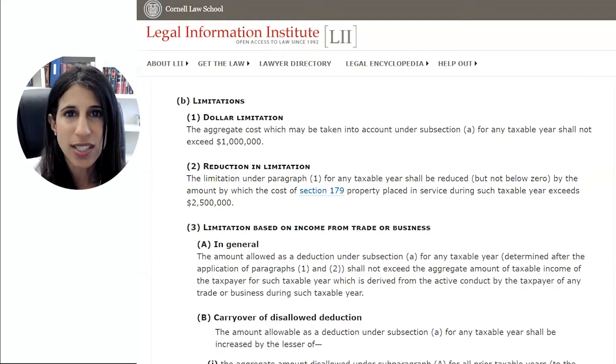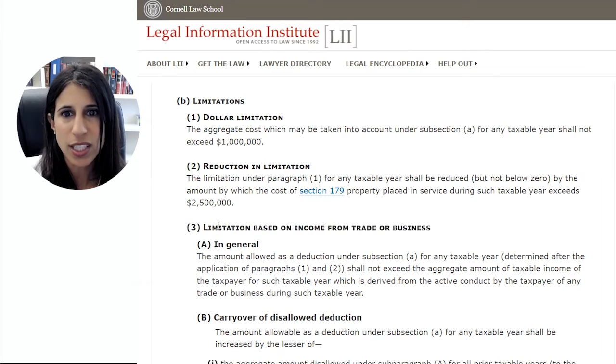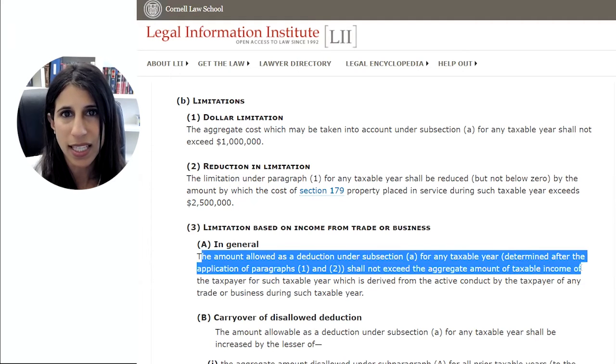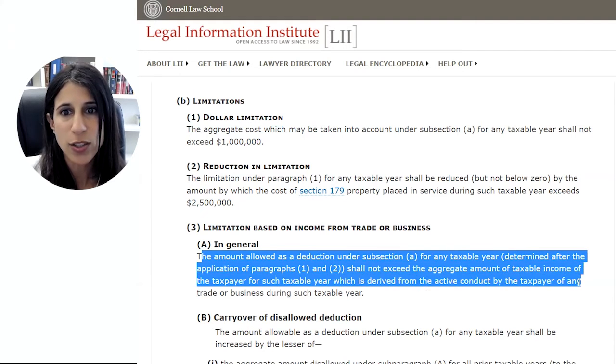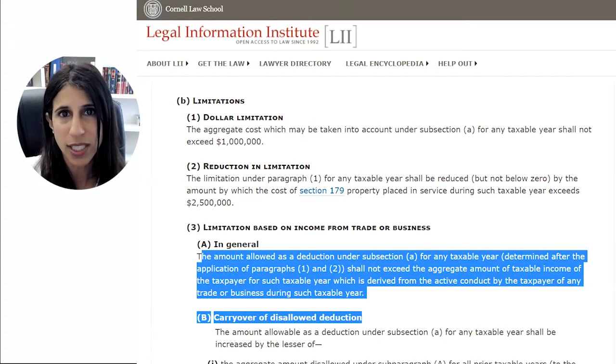Another limitation is a limitation based on income from trade or business. This is in Section 179(b)(3), and this provision limits the amount of the deduction to less than or equal to the taxable income in any of the taxpayer's trades or businesses during the year. So if the taxpayer doesn't have any income from any trade or businesses that year, no Section 179 deduction can